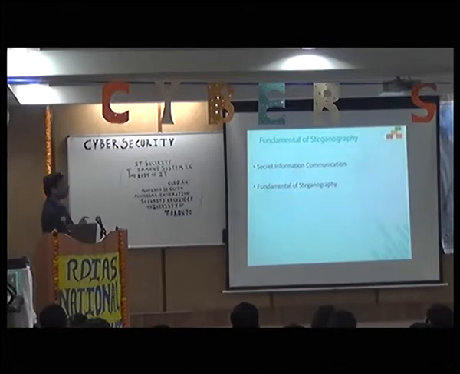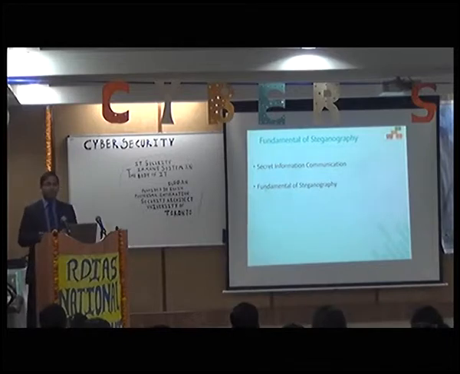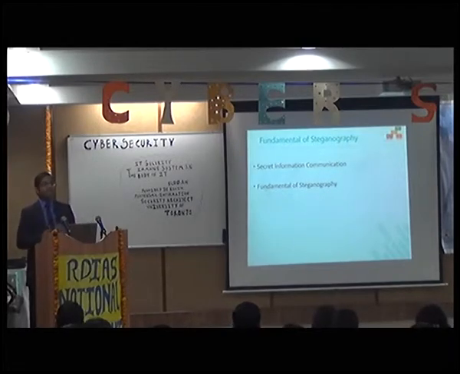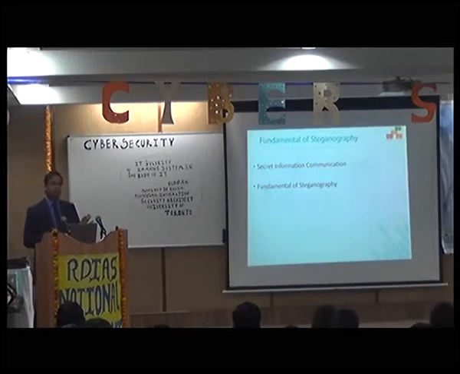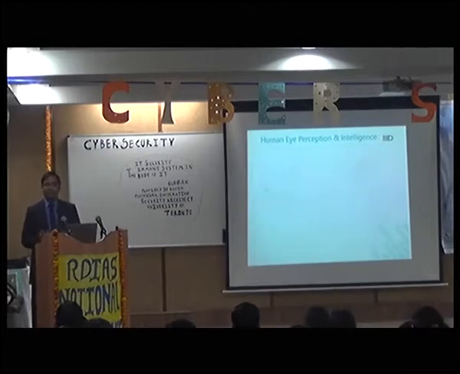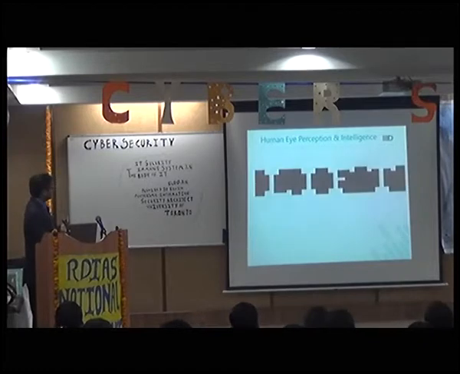There is one small work on steganography which I also thought would be interesting to demonstrate. I know all of you know steganography. So steganography is basically disguised communication, right? In case of encryption, I encrypt data which becomes jumbled, but I communicate that I am communicating secretly. But in case of steganography, I send you something which has a secret message inside. On top of it, you do not feel that this is something which is carrying information. So some fundamentals of steganography, basically it's dependent on the intelligent ability of human beings. How do you hide data? How do you codify data?